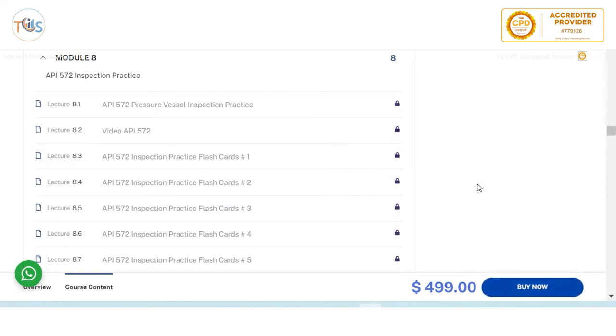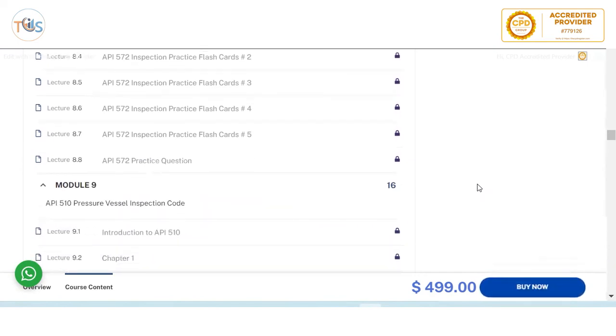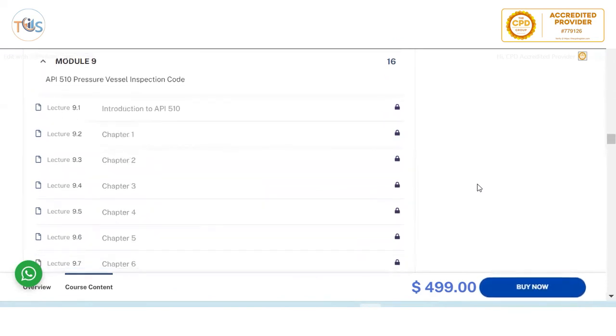It's a very useful document, and as an API 510 pressure vessel inspector, you would frequent this document a lot more than 510, because 510 is about do's and don'ts, and 572 inspection practice is about how you do it and what you do. So we brought 5 sets of flashcards and practice questions,